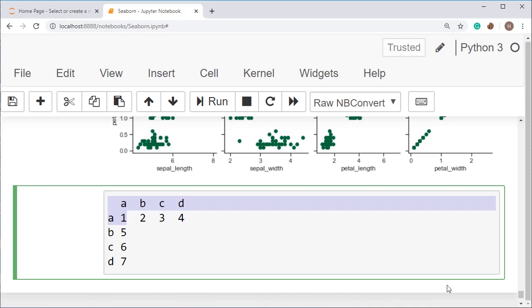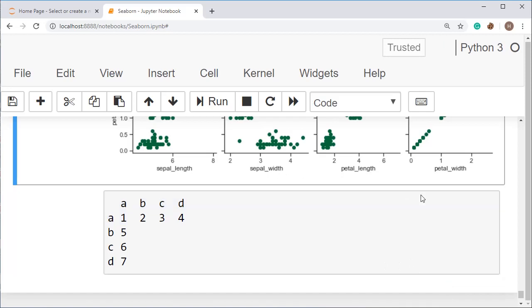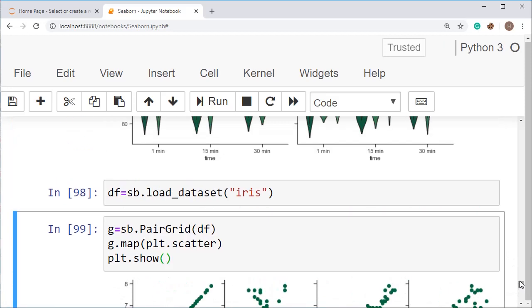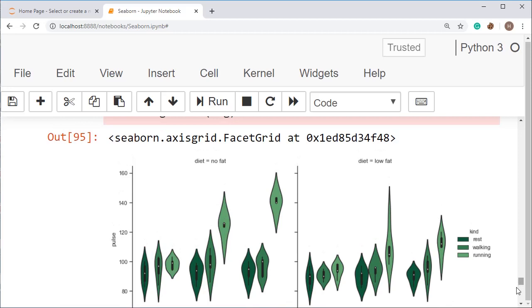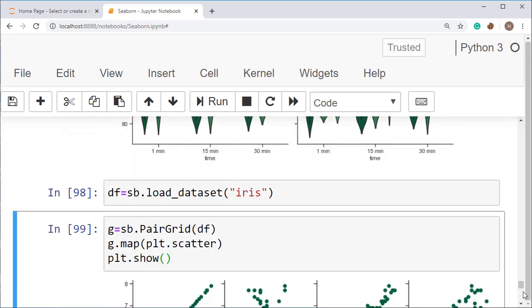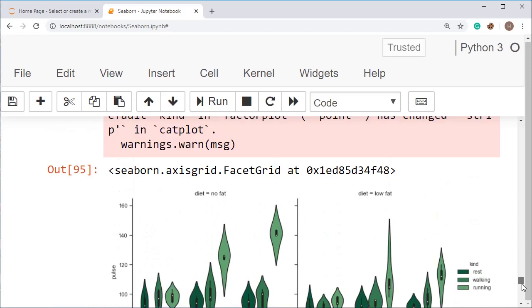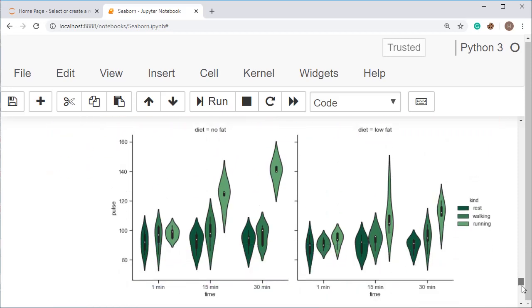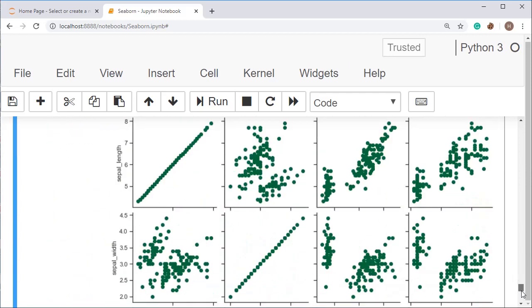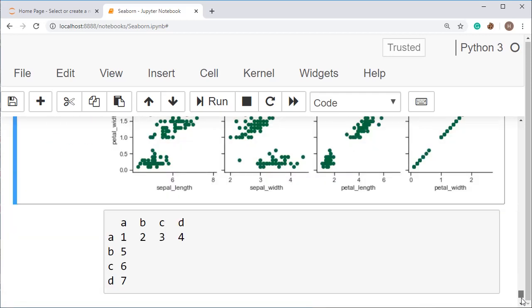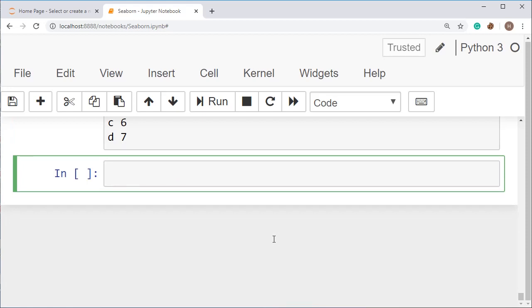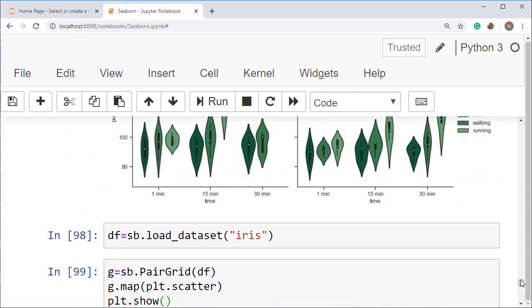So here it has taken the entity, set out the columns, and made pairs of data, and then it has plotted the graph. But in FacetGrid you can see there is only an x-axis and y-axis, and these are the only parameters we are passing to the graph. So these are the differences between FacetGrid and PairGrid. In PairGrid we consider pairs, and in FacetGrid we go for all the dataset and make random pairs.